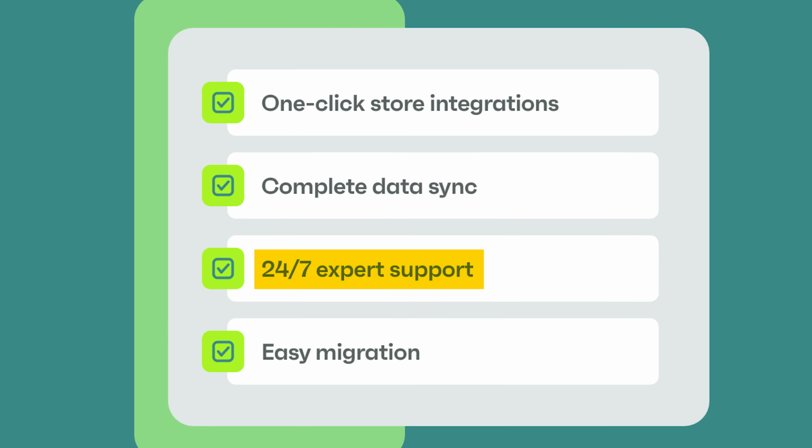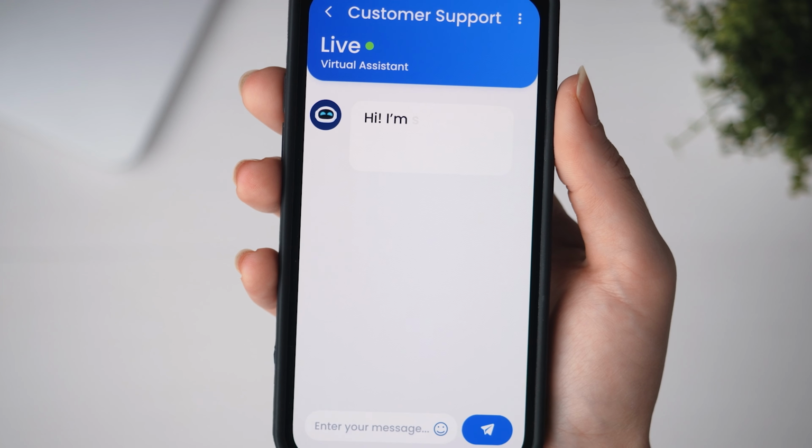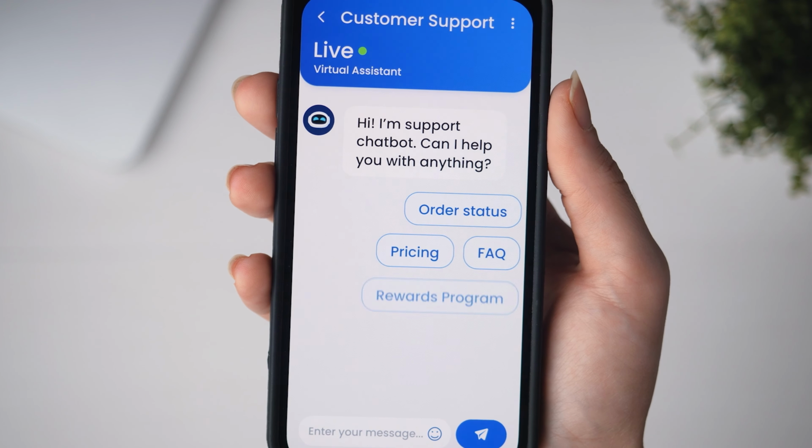While Omnisend integrates seamlessly with major e-commerce platforms like Shopify, WooCommerce, and Magento, one important thing to consider is that some users have noted that the customization options, especially in campaign design, may not offer the granular control that some niche tools provide. And although their support is available 24/7 via chat, occasional delays during peak times can occur. But now that we've talked about its features, let's actually show you how to launch your very first campaign with